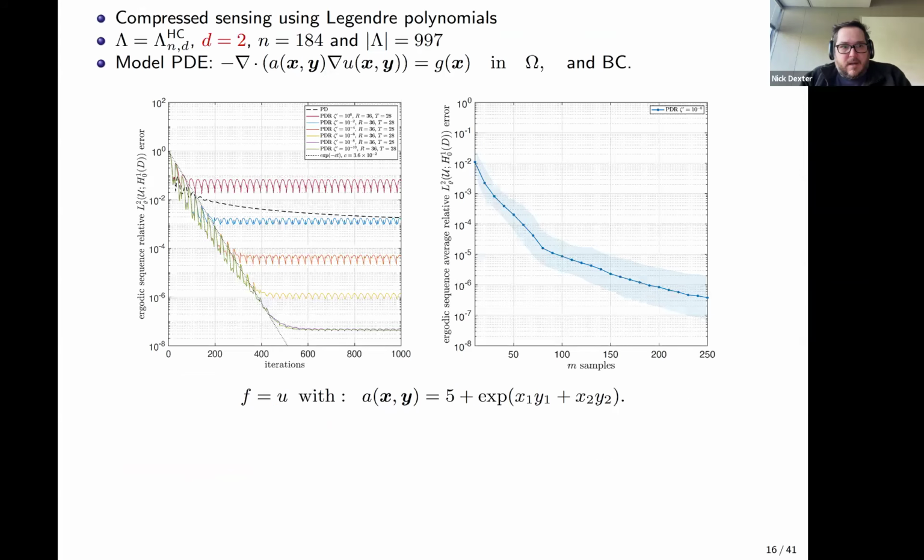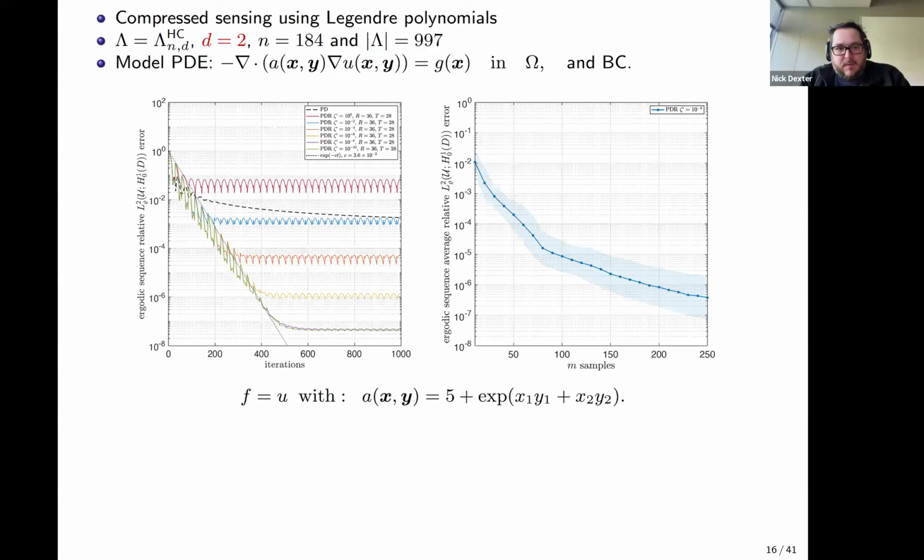So here, this is using compressed sensing with Legendre polynomials and a hyperbolic cross multi-index set, which again is another choice that helps to promote smooth function recovery. N was chosen to be 184, which leads to a cardinality of about 1,000 for our basis. And then our model PDE, again, is a parametric diffusion problem with this test function down here for the diffusion coefficient, a